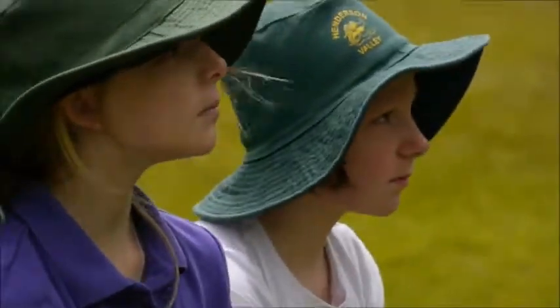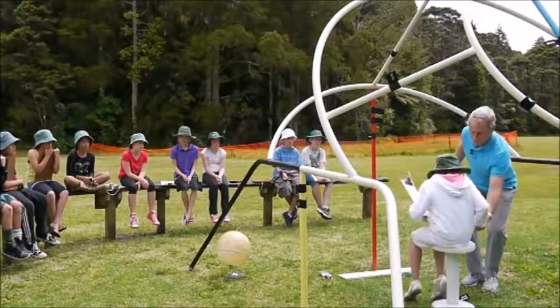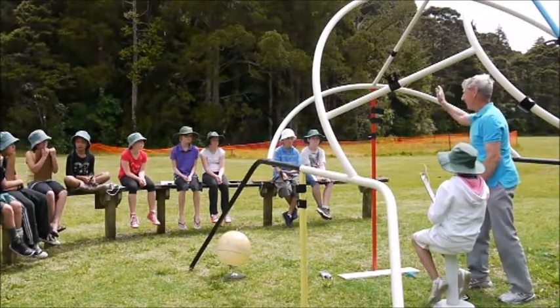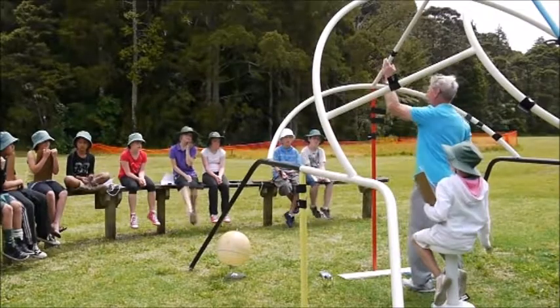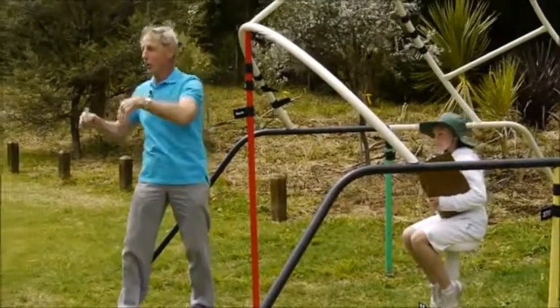Would you like to sit on the seat there for a moment? Whereabouts the sun, can you see where the sun is? It's on this side. It is before the meridian. Okay? If you come here in the afternoon, which side would you think it would be on? It'll be on that side. It's past the meridian. And the interesting point for this one, when it's on the meridian, it's noon at Carey